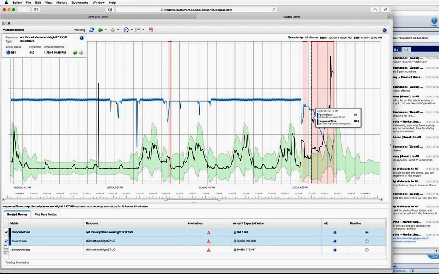This is an anomaly that was raised at 10:15 in the evening. That response time had started to become anomalous. In this scenario, in the application environment that we pulled it from, the static threshold for response time was set at 2,000 milliseconds, which is this bar right here, at 8:15 a.m. the next morning. But even if you had it set somewhere else down here, say at 3:40, somewhere where you might have hit at 3:45 in the morning, you can see that Predictive Insights gave us this window